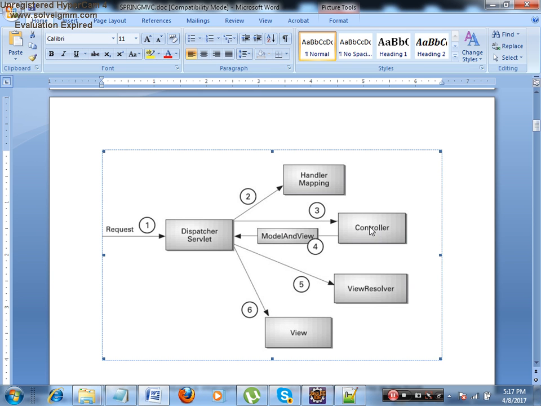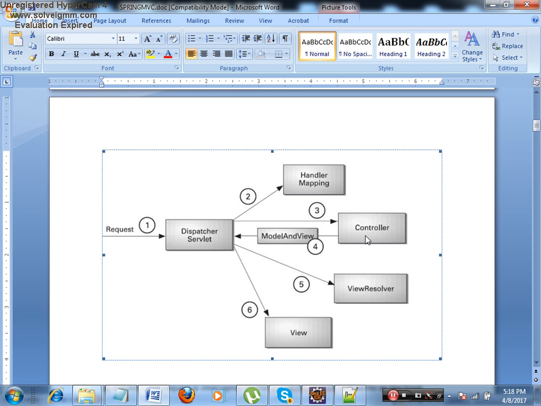After it calls the function of the controller, what happens depends on whether it is non-Ajax. When I say non-Ajax, the request is on one page and the response is on a different page, or there is a complete page reload. Whereas Ajax is when the page gets painted as you scroll down, or the page gets partially updated. The flow I am talking about holds good for non-Ajax. Therefore, step number 3, it will call the function of the controller.